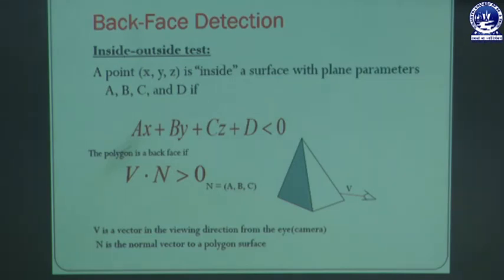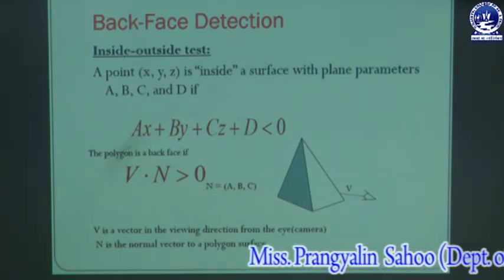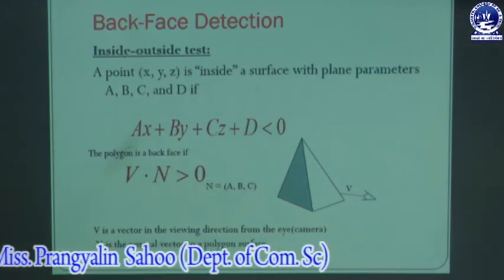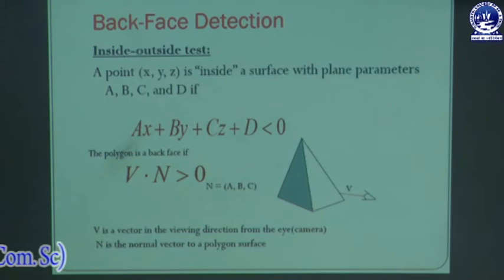Okay, so first we go to our first methodology, that's your back face detection. In the case of back face detection, for a solid object there are surfaces which are facing the viewer, or front faces, and there are surfaces which are opposite to the viewer, that's your back faces. That means for any solid object there are two kinds of faces: if the viewer is facing the given surface, that's your front face, and the part opposite the viewer is your back face. These back faces contribute to approximately half of the total number of surfaces.